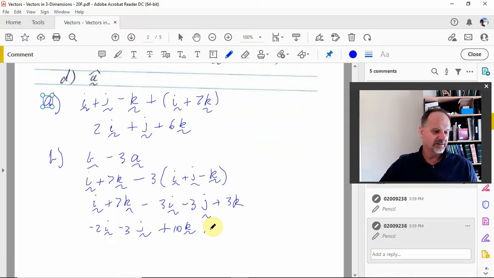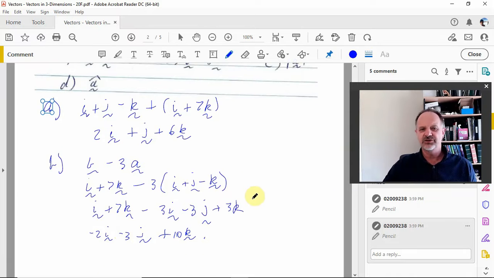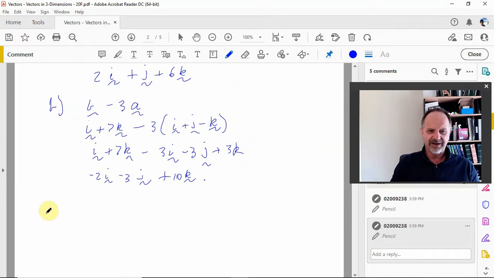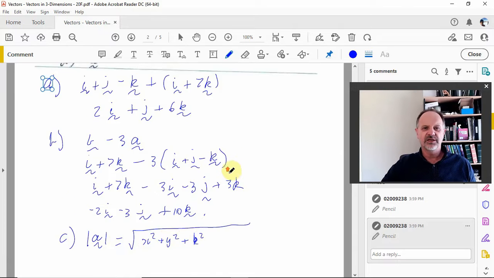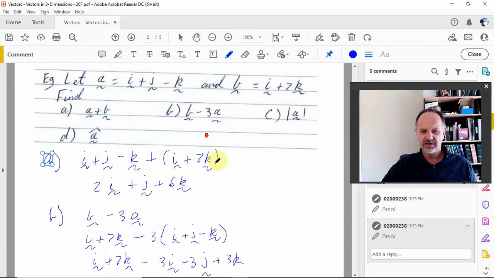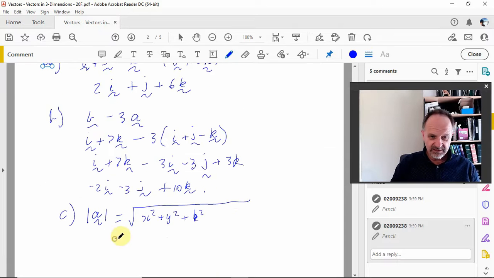So that's that. Alright, so the next part says what's the magnitude of A? So the magnitude of A, to get that, we simply need the square root of the components, just the x squared, the y, and the j, and the k, in the j direction, of course. And so you just look at that, and that's 1, 1, and minus 1. So you got 1 squared plus 1 squared plus negative 1 squared,